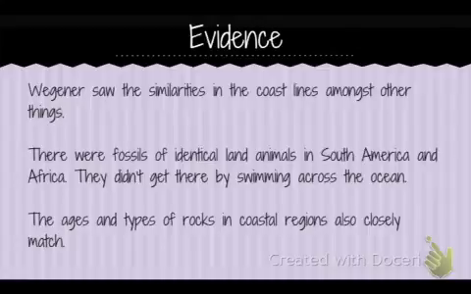Using that same puzzle, if you look where those coastlines matched up, you would find that fossils of identical land animals were found on both sides, such as in South America and Africa. If we had identical animals on either coast, which is now separated by water, it's unlikely that they evolved completely the same in separate locations. It's more plausible that they evolved in the same location, and if they're land animals, they obviously didn't evolve in one place and swim to another, so the only option is that it was all one continent at one point. Also, the ages and types of rocks in the coastal regions very closely match.